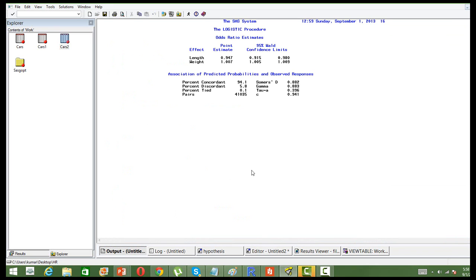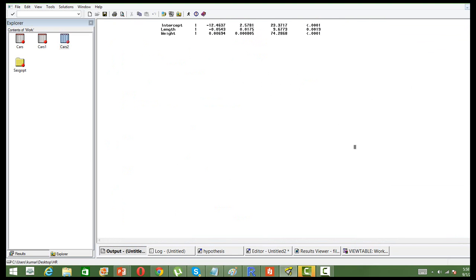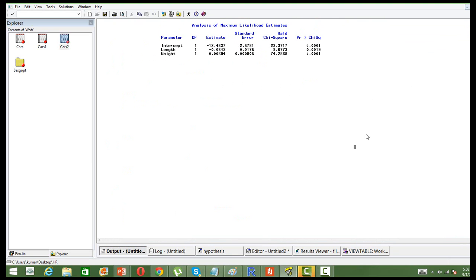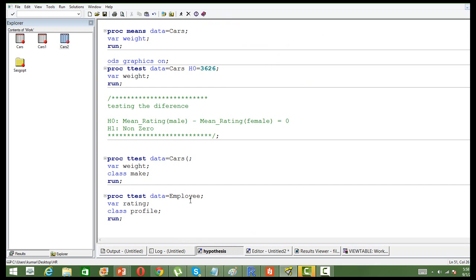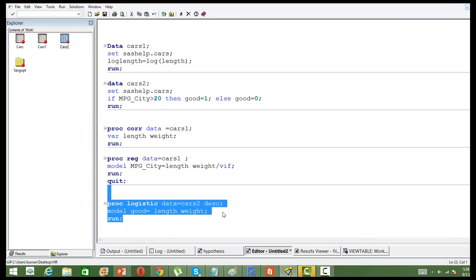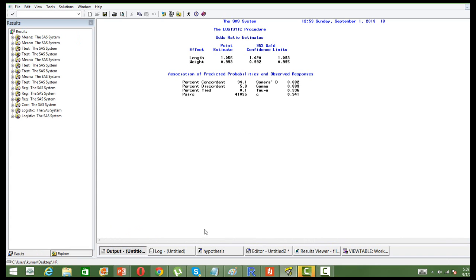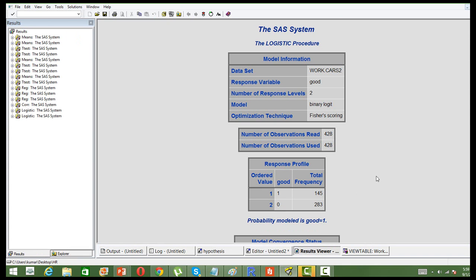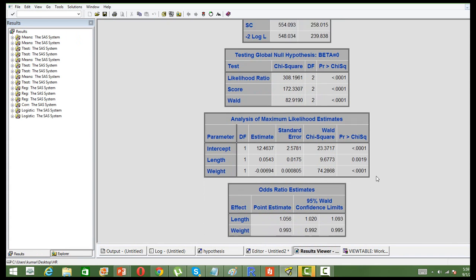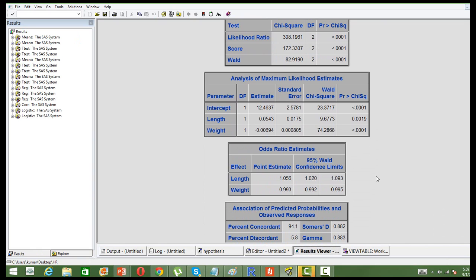Okay, it's already run, right? Now you see that actually I have made a mistake. So we are going to use descending. Okay, so let us run this. So how many are constrained? Yeah, significant. Everything is significant, right?